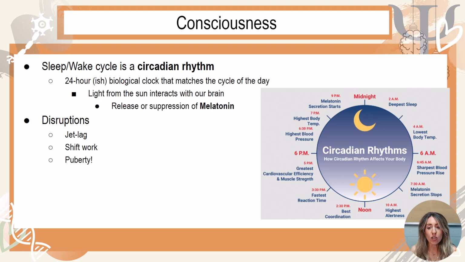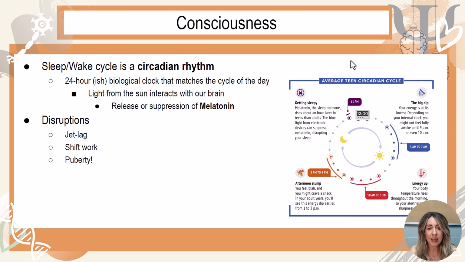But if you take a look, this is an adult circadian rhythm. So you see that melatonin starts to secrete about 9 p.m. And if we have a teenage circadian rhythm, teens start to get tired around 11 p.m. So it's about a 2-hour shift in the circadian rhythm, which can have a big impact when your teens are expected to wake up and function at the same time as adults, but their circadian rhythm wants them to be asleep longer. It's one of the reasons why we've gone to later start times for schools, because we've seen great benefits.